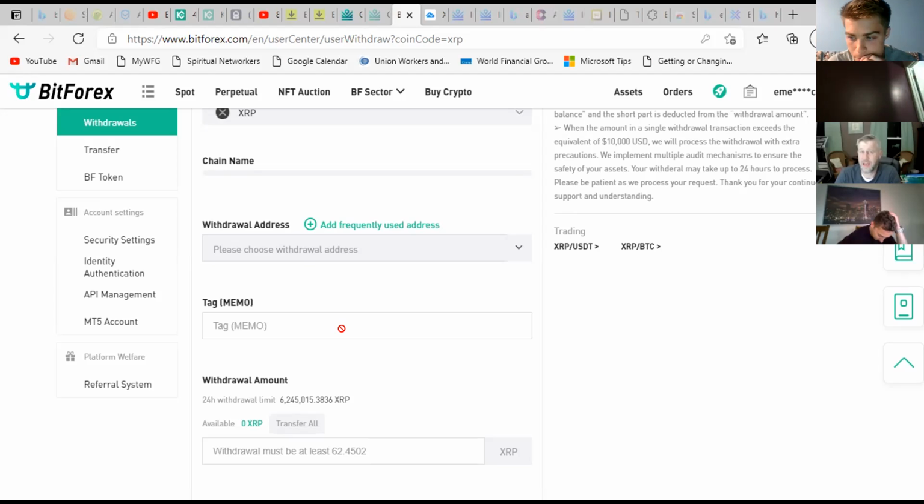For example, I sent some EOS over to KuCoin because EOS rose. Hint, hint. That's great. If you're going to buy coins and just move it around, EOS, great coin, which went from $6 to $15 here recently, which is awesome. But anyway,